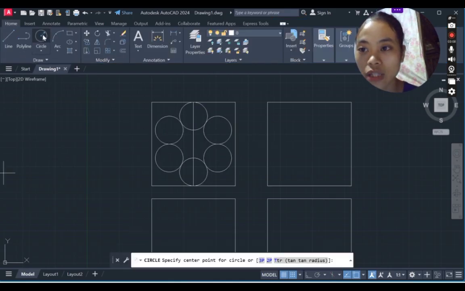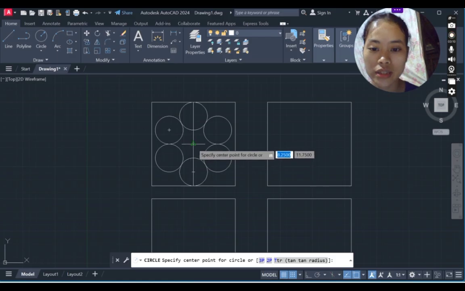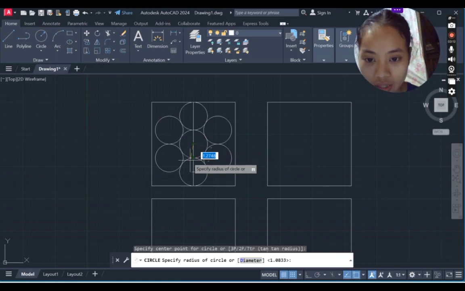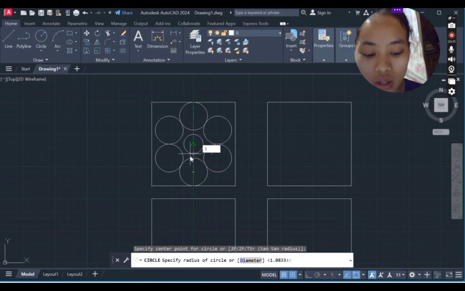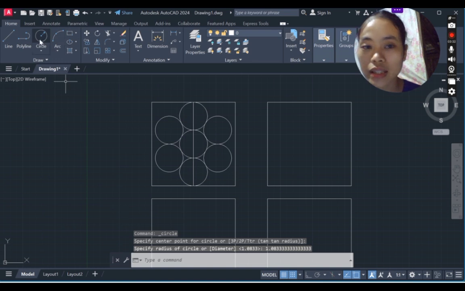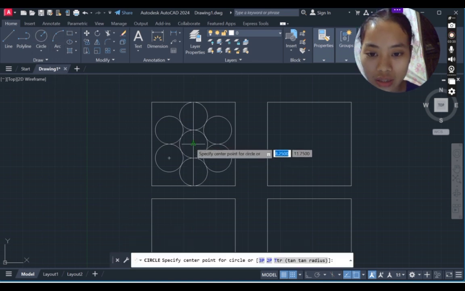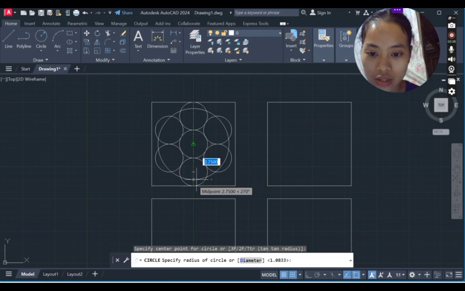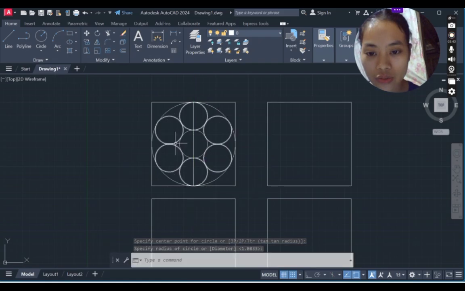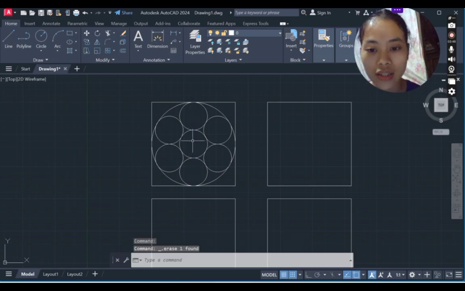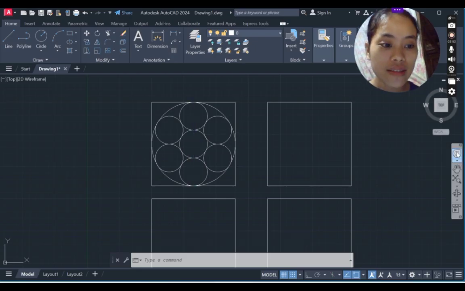And then we have to create another circle diameter at the midpoint. So the size of the circle is 1.08 and 3. 1.08. And then another circle here at the center point down here. And we are done with our first circle. So we just have to delete this line. And we have to proceed to the next